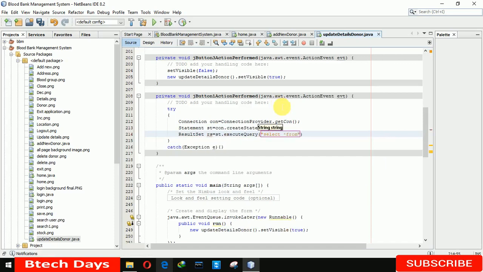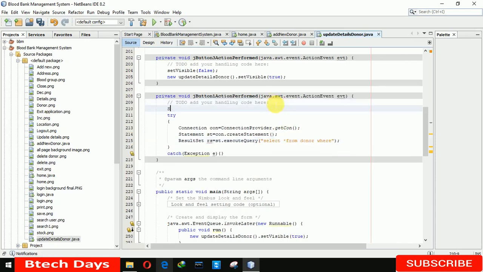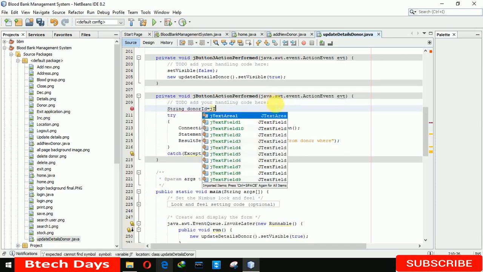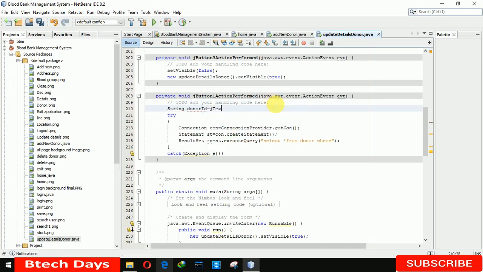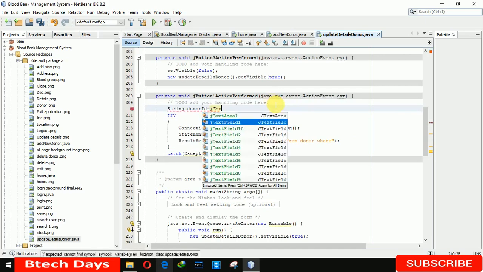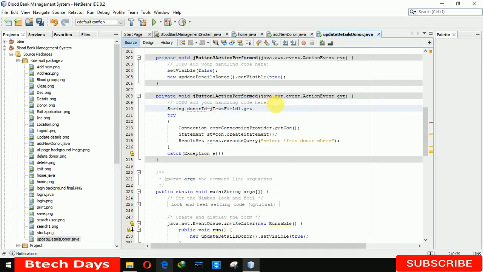select star from donor where. First we have to take the donor ID here. So the text field 1 is for the donor ID, so we are taking a string variable, String donorID, equals to jTextField1, sorry, this one is an area, textField1.getText here,